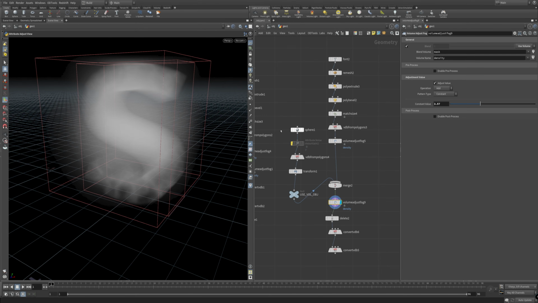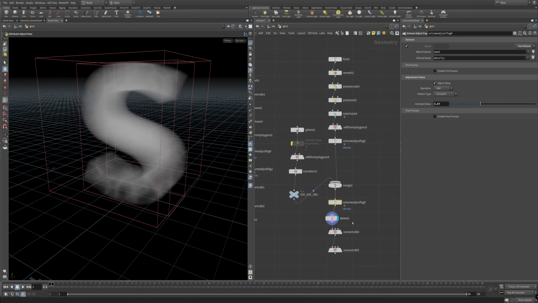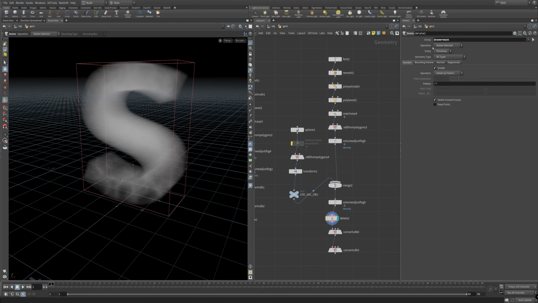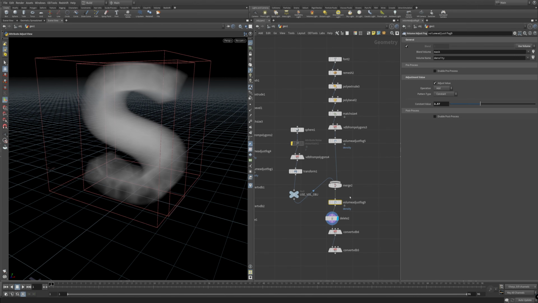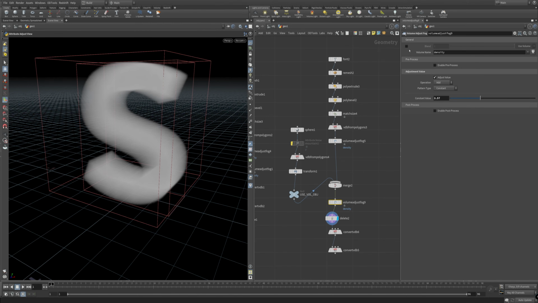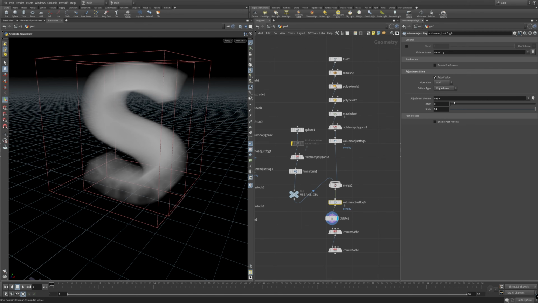One can still see the original volume, which makes it difficult to work with. So the way around that is to throw down delete and put your volume name in there, and I will delete it out so that way you can see what you're doing. And two, so we've got it blended up here with the mask, right? But then if we come down here and we do fog volume with a mask down here, I don't know why I have the scale up so high, it's essentially doing the same thing.